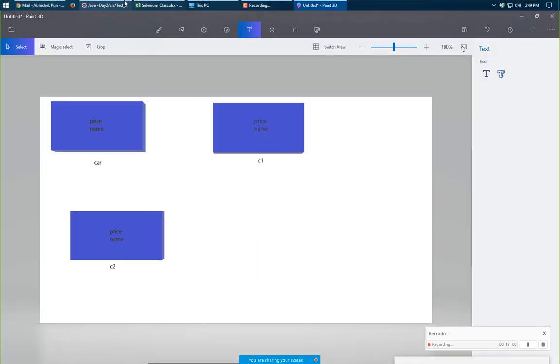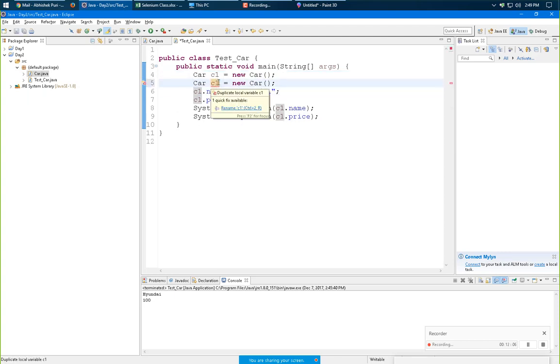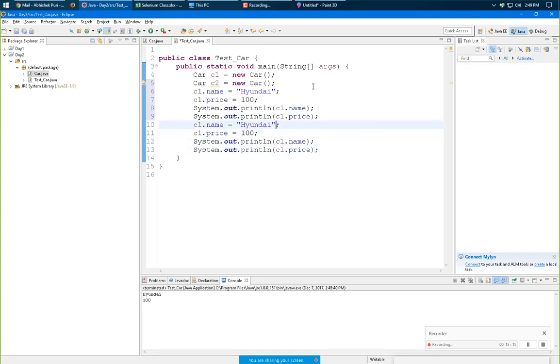So I'll create C2. In C2, say the car name is Suzuki and the price is 200.